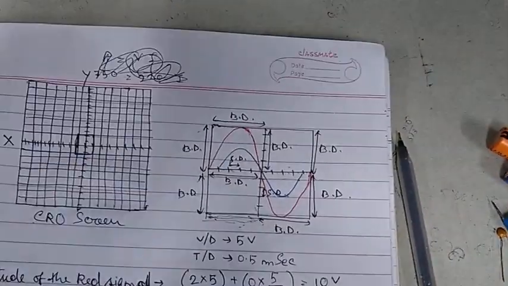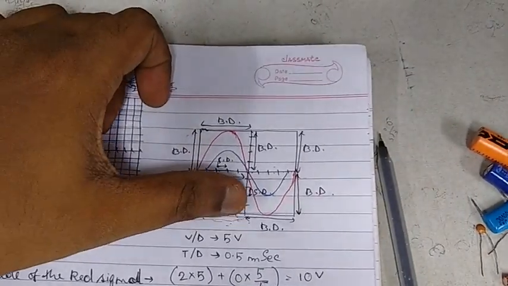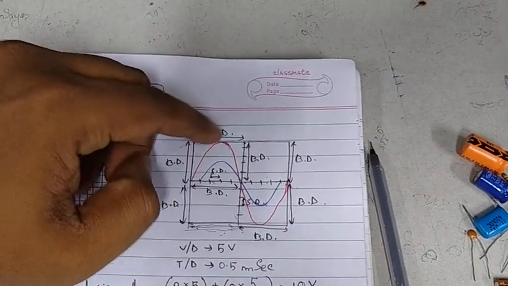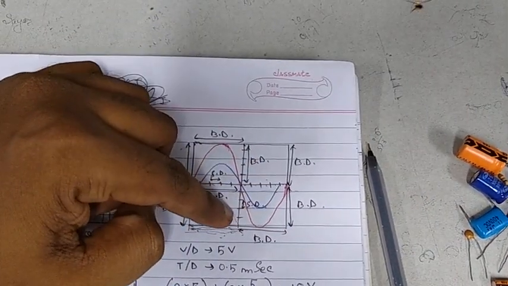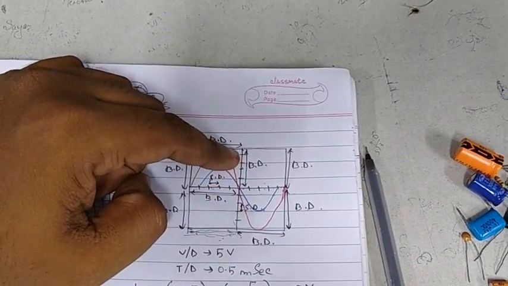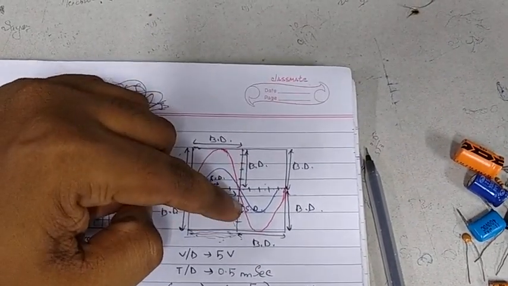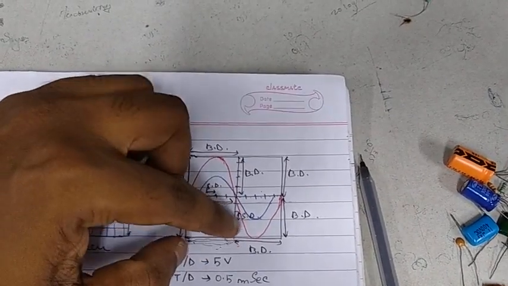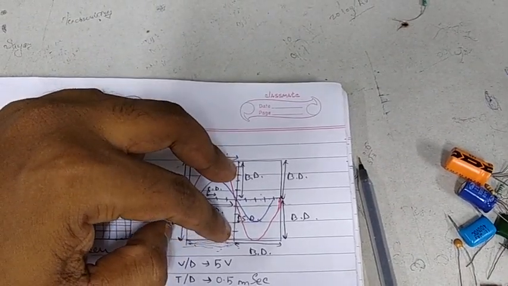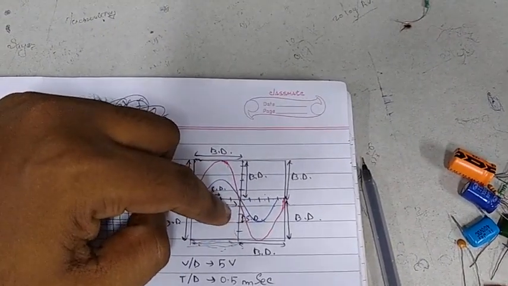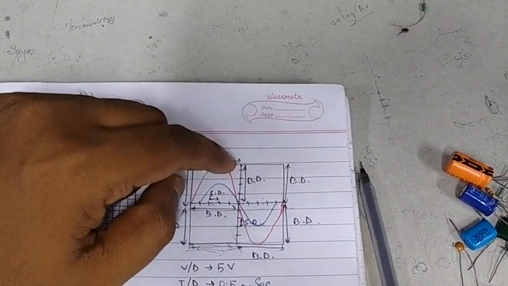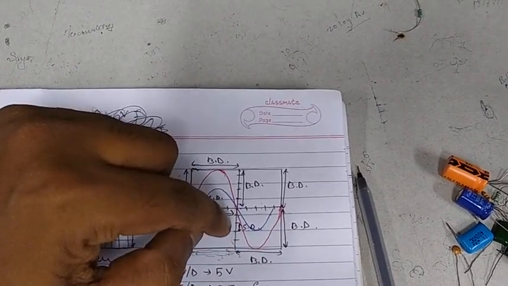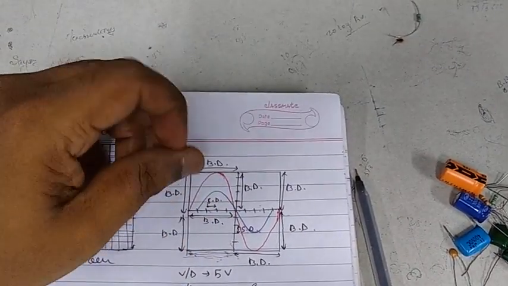So count here the number of big division along y-axis, because in case of amplitude we have to take readings only in y-axis. So for the red signal along y-axis, we are seeing that 2 big divisions are occupied. So, and after 2 big divisions there is not any small division, and inside these 2 big divisions there are 10 small divisions. So if we take 2 big divisions, we will not count these small divisions. If we do that, the voltage will be repeated and we will get double result.